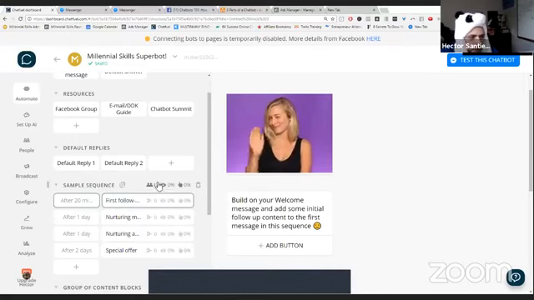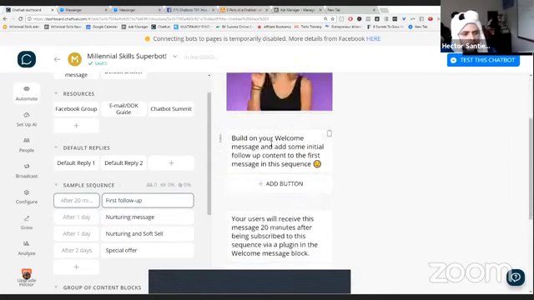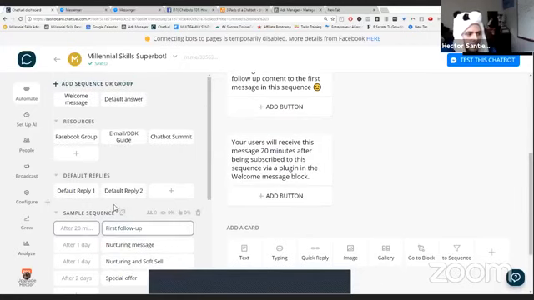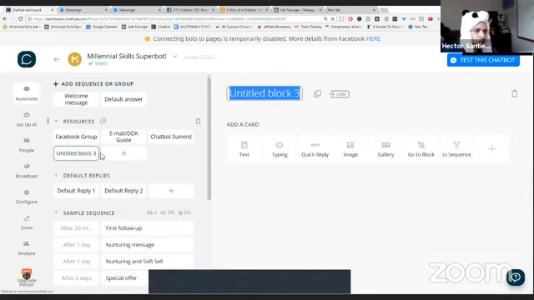And then I actually have tracking on the whole sequence, and then I have individual tracking on the individual messages right here. And so I can go in here and name this message first follow-up, and you'll notice that this is actually the message that will be sent out 20 minutes after people come in. The way that I do that is I can go in here and let's do